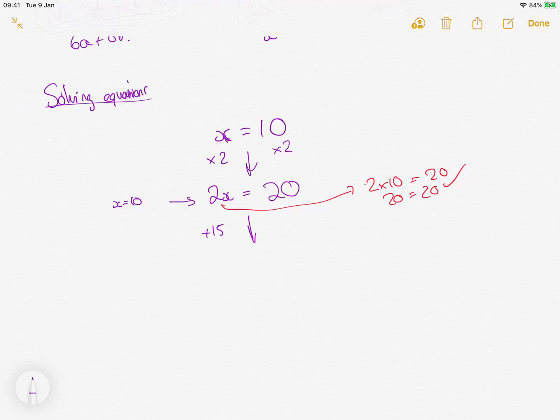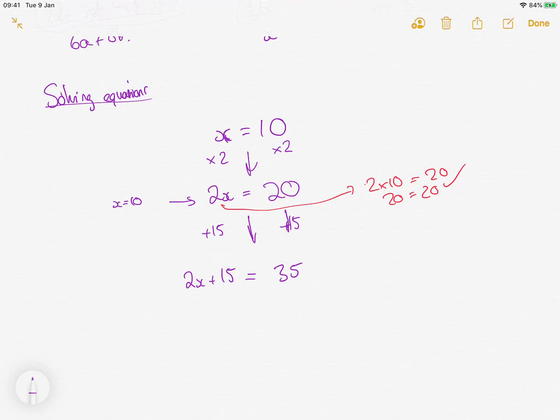If I add 15 to this side, then I've got 2x add 15. Remember, I can't simplify that any further because they're not like terms, so I can't add them together. But I'd also have to add 15 to this side as well, because I need to do the same to both sides to keep it balanced. So this would be